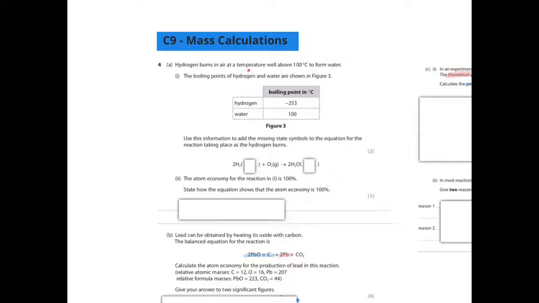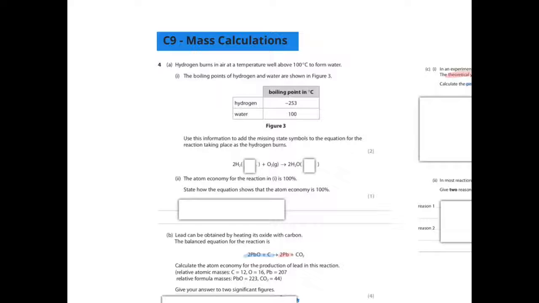Hydrogen burns in air at temperature well above 100 degrees Celsius to form water. The boiling points of hydrogen and water are shown in figure 3. So you can see hydrogen has a boiling point of minus 253 and water 100, so much higher boiling point for water. Use this information to add the missing state symbols to the equation for the reaction taking place as